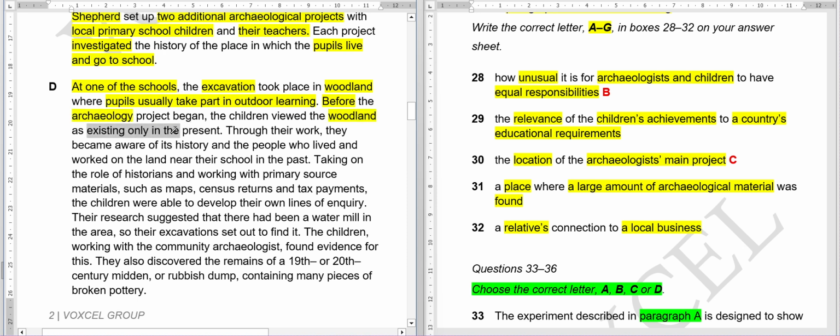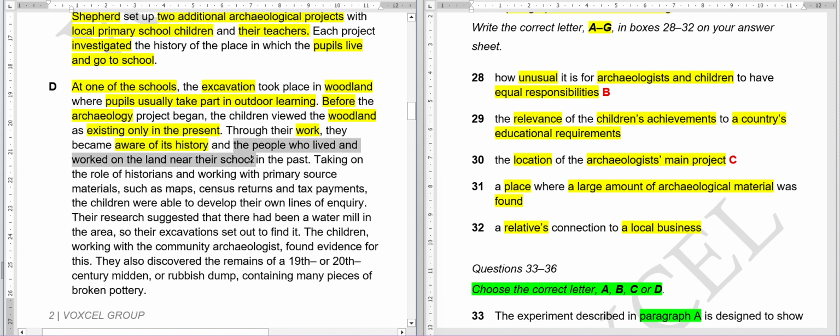They just thought of that place in the present, like there are trees or something like that, so they were happy with that. They never thought what kind of people lived here 100 years ago. So they were only concerned with the present, not with the past or the future. Through their work, they became aware of its history and people who lived and worked on the land near their school in the past. So because of the excavations, they became aware of the history and